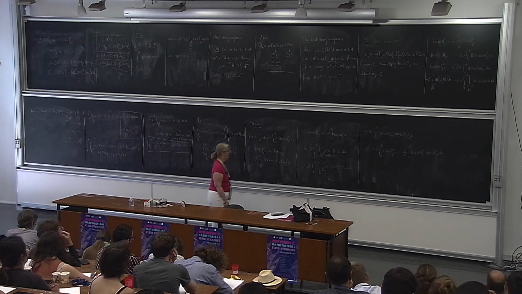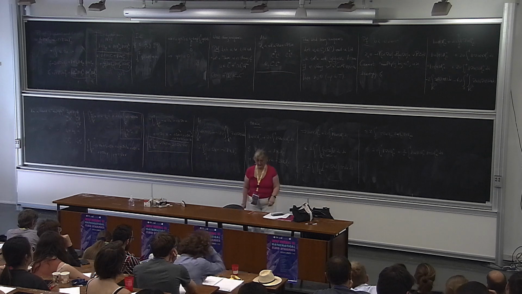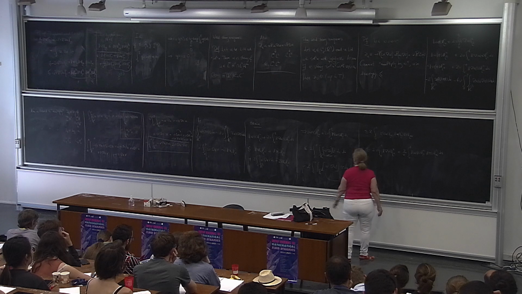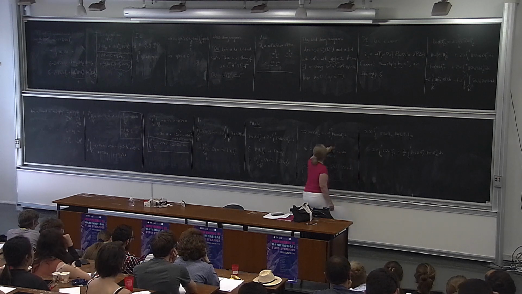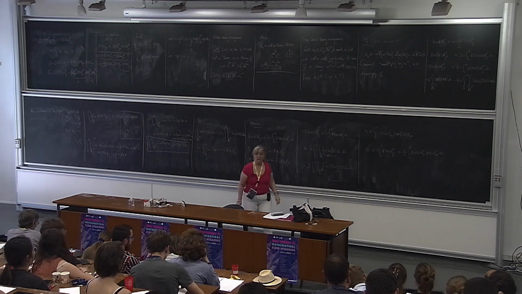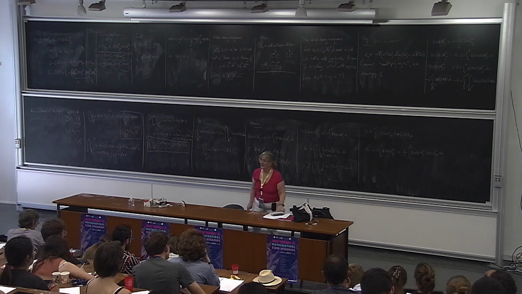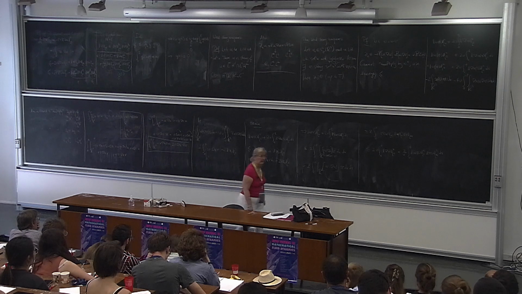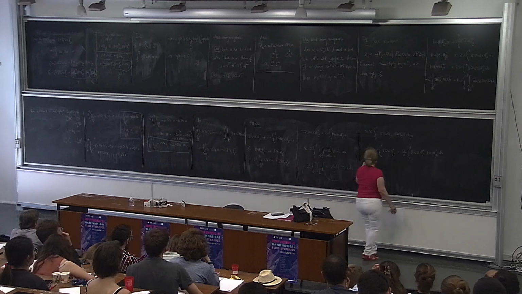Okay? This term goes away. This goes away with this. And I finally have the L2 norm of W squared less than or equal to the integral in time of the L2 norm of W squared times the L infinity norm of V. Okay. And now I need one more